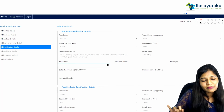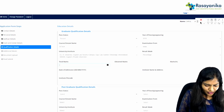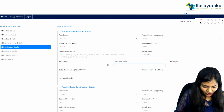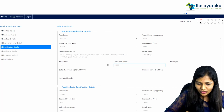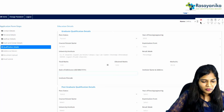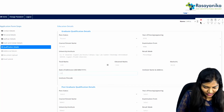and then the total marks. How much is the total marks? So for our understanding, I'm just typing randomly according to your university. You can just choose. So I'm just typing the obtained marks, how much mark you have got, and it will show you the percentage, which is showing 83%, and you have to type in the date. So just type in the date